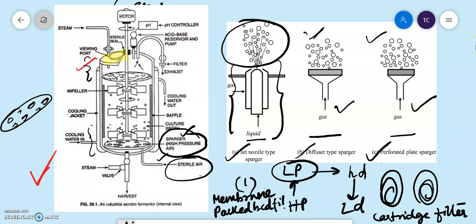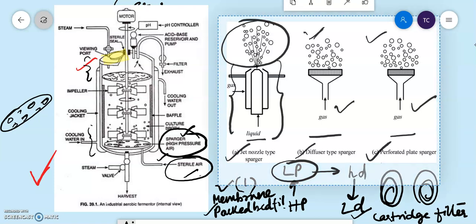So welcome back, learners. This is the next continuation of your bioreactor design, and you know that we have completed the design of your sparger. But we were discussing another important point: when we are allowing the air to enter through the sparger, we require a sterile layer, and for the sterile layer we require to purify the air, to filter the air. For that we have discussed that there are three different types of filter: your membrane filter, your packed bed filter, and your cartridge filter. So let's discuss this one by one.